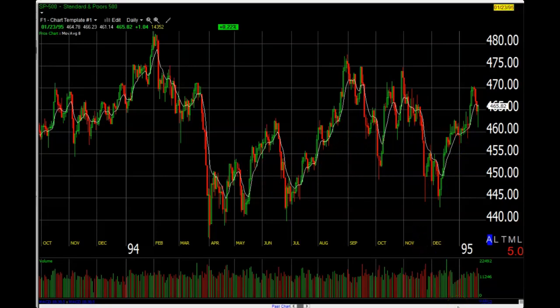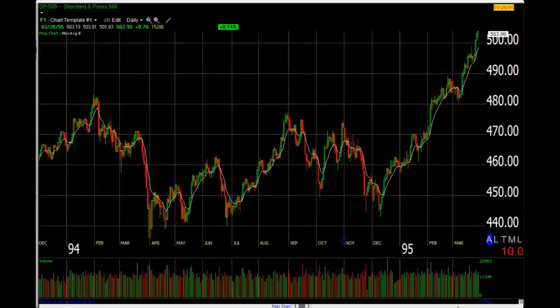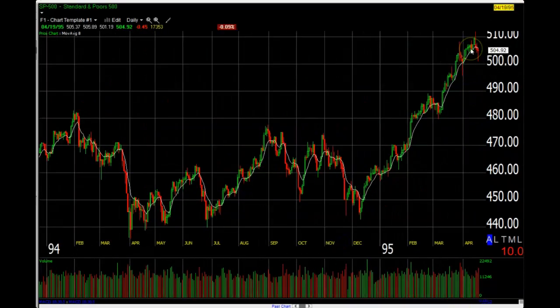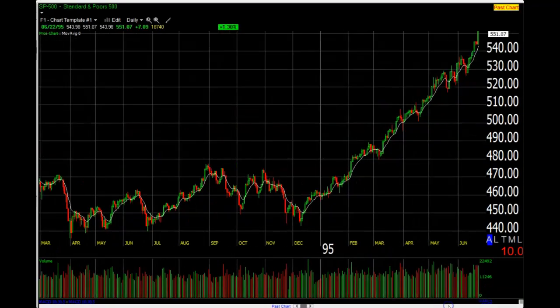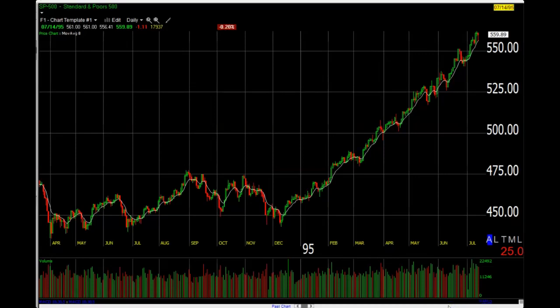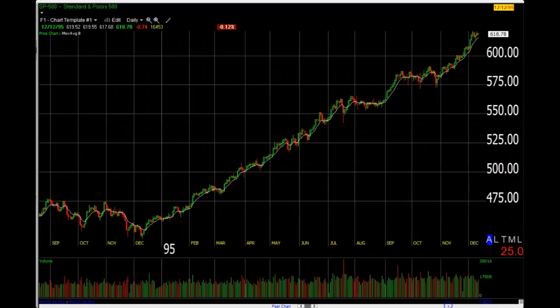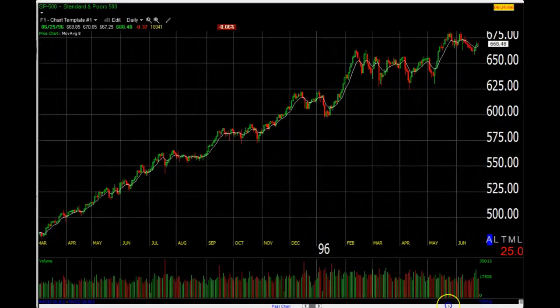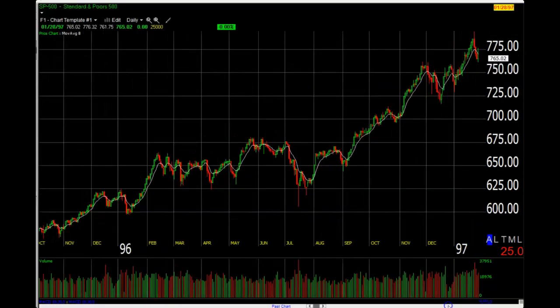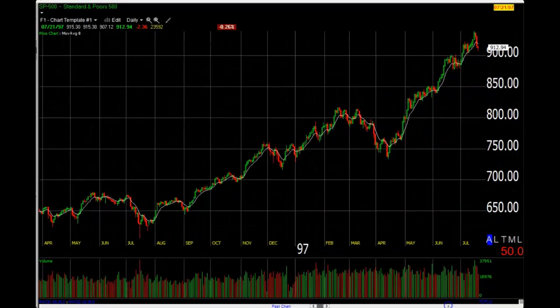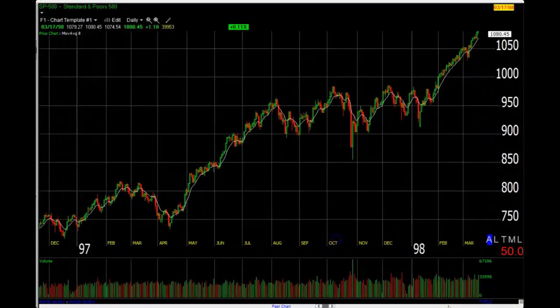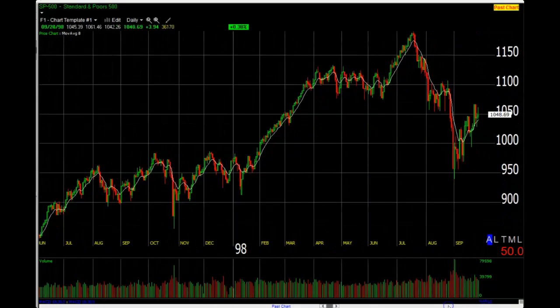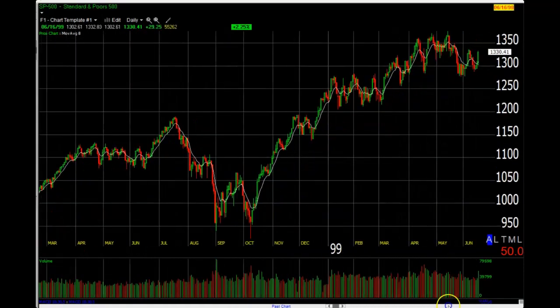Now let's fast forward to that last rate increase that happened in April of 1995 of that cycle, and that happened right about here. So if you would have stayed out of stocks, you would have missed that last breakout that it had in 1995. And actually, if you walk this thing forward, everybody knows what happened in the late 90s. The market just kept going and going and going like the Energizer Bunny, all the way up into the internet bubble and collapse into 2000. So just because the Fed starts raising rates doesn't necessarily mean it's time to get out of your stocks.